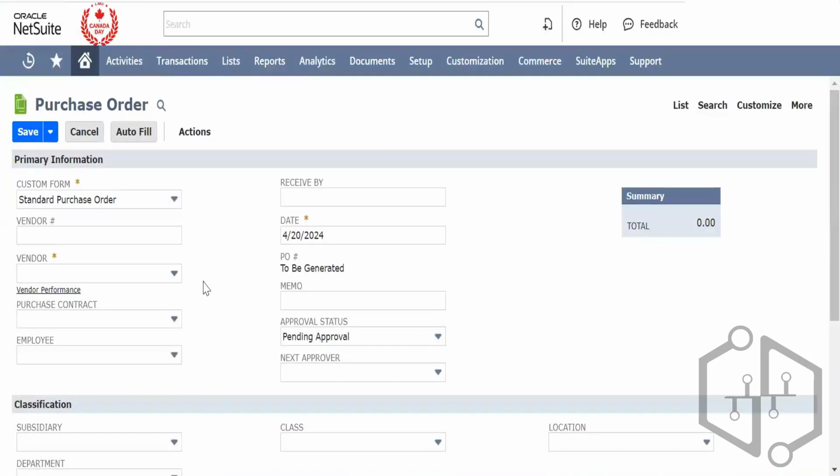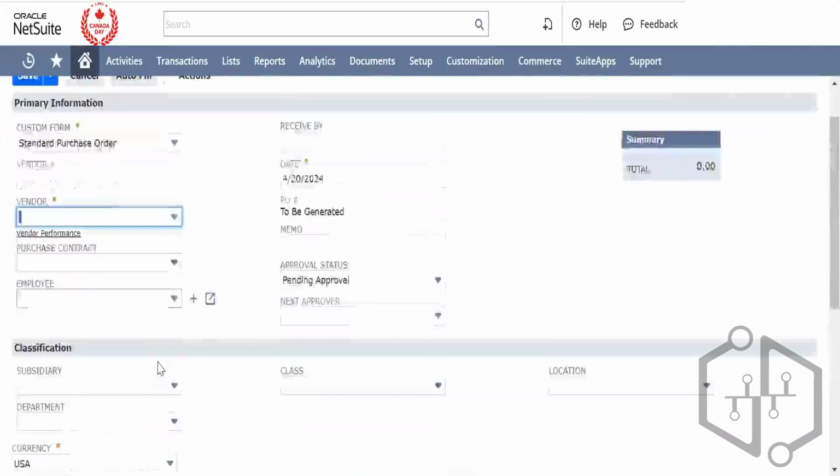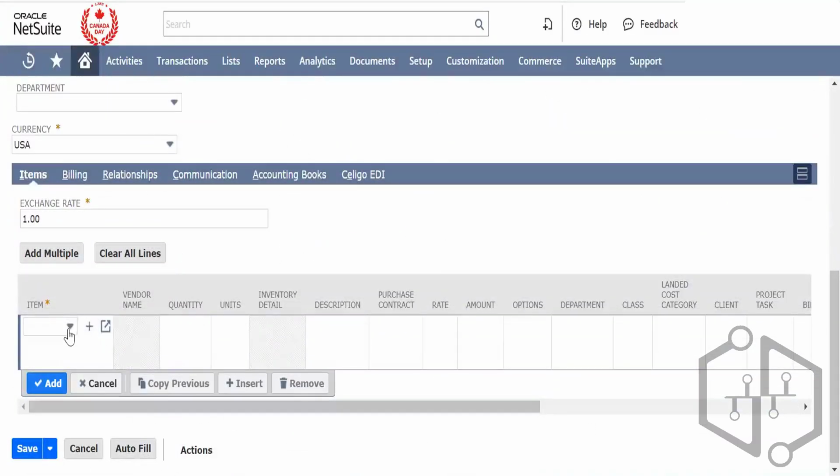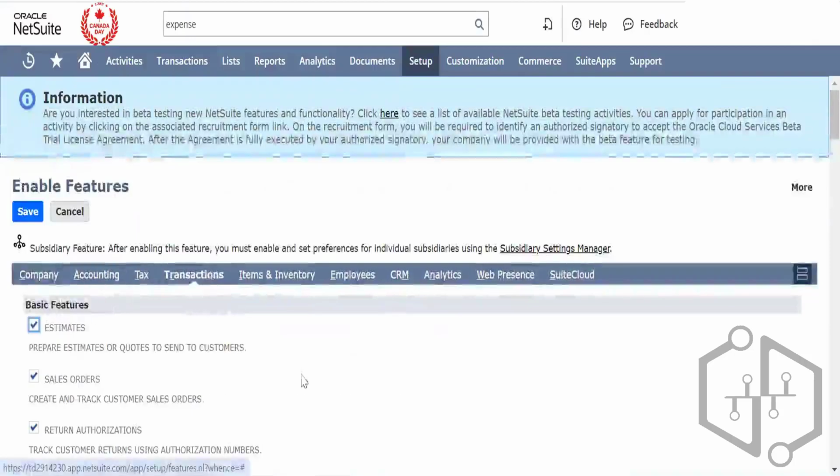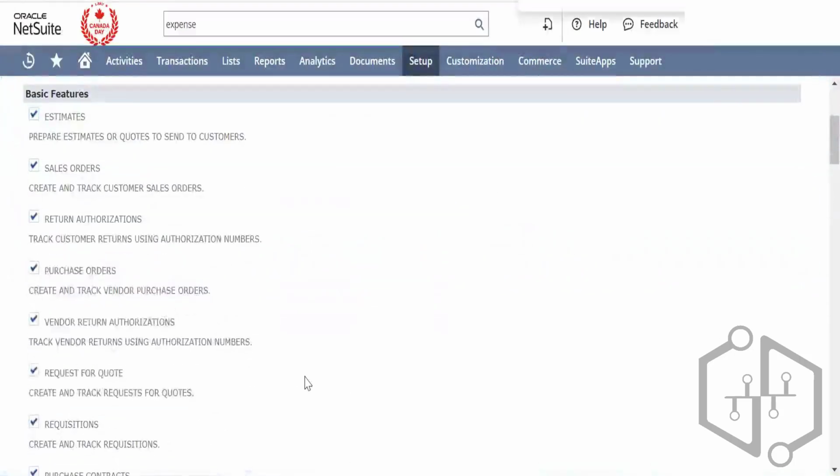Here you can select your expense. Along with your items, you can select the expenses as well. As of now, I see only the items. However, when I go into my transactions and